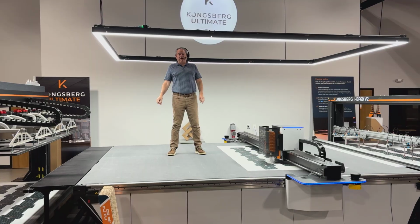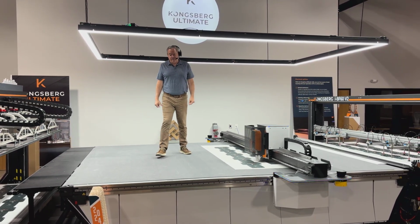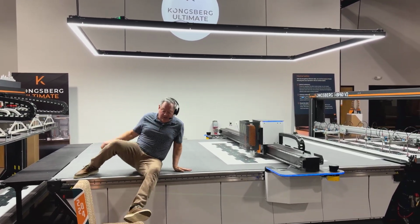This is a Kongsberg. It's built like a tank. It always has been. It always will be. So up here on the table, I'm going to get down, and I may not look too graceful doing it, but